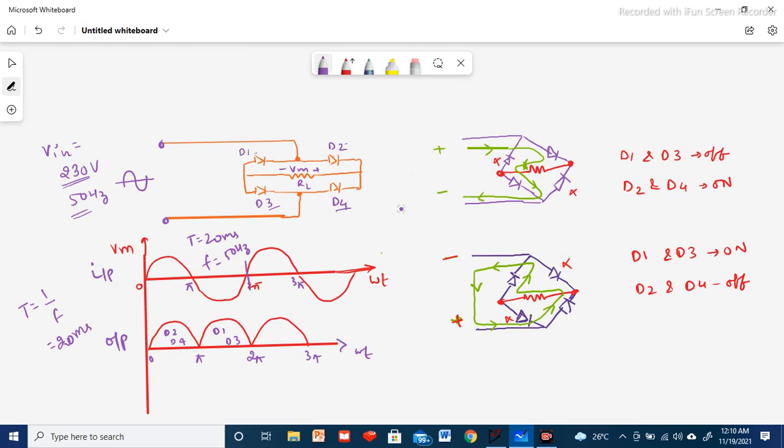In the first case, the positive half cycle, 0 to pi, the current goes through diode D2, then through this RL, then through diode D4, and then goes to the negative terminal. So diodes D2 and D4 will be on.